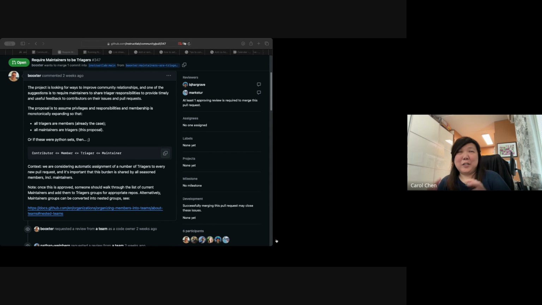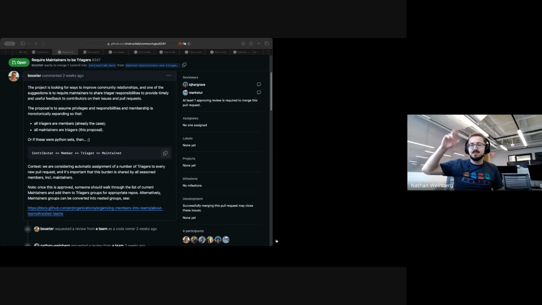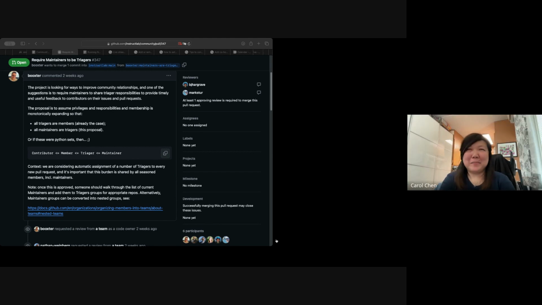For example, right now the community repo does not have a triager role. It's just maintainer or member. Does this require all the different parts to have this triager role as well? It's laid out that that role should already exist. Okay. Yeah. All right. So yes, please take a look